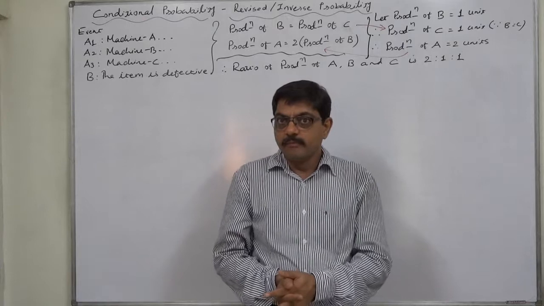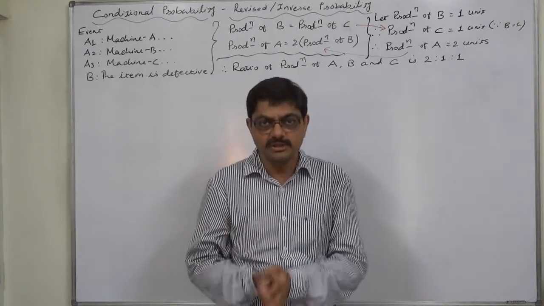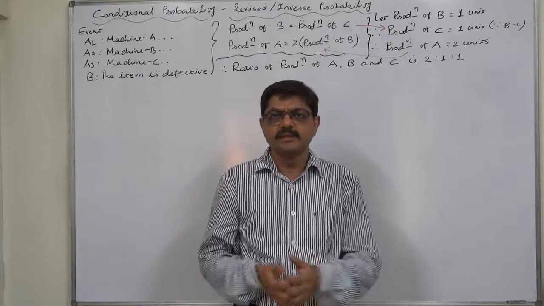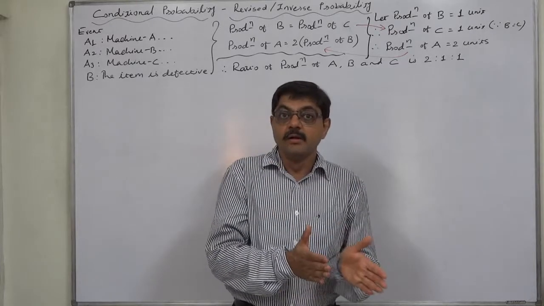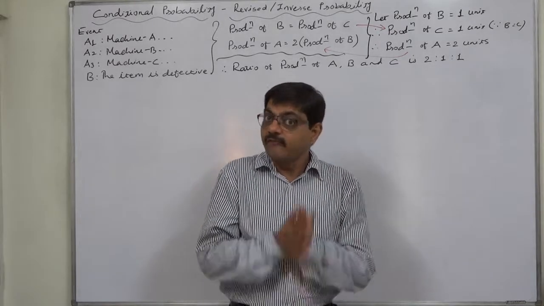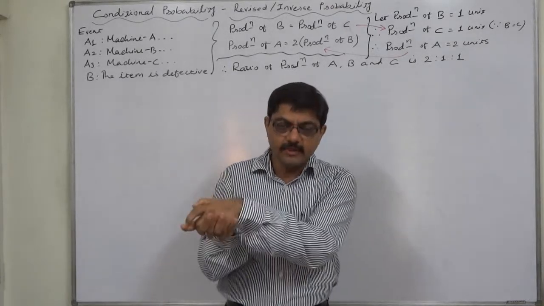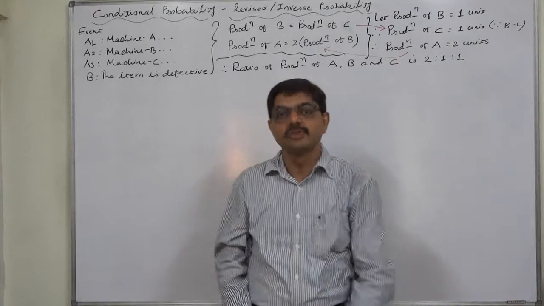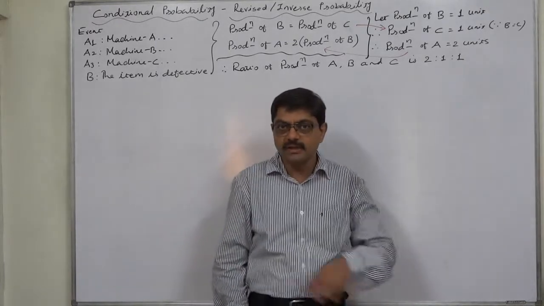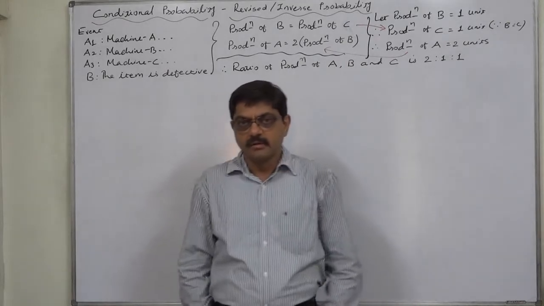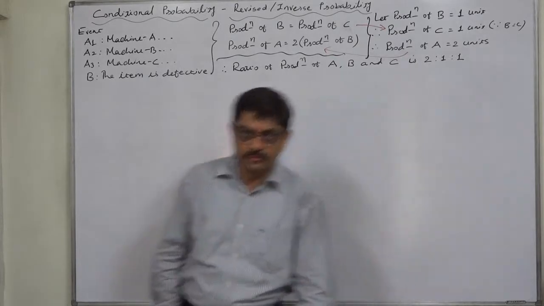Here, manufacturing a defective unit, there are 3 causes: machine A, machine B or machine C. If we know that a particular item is defective, that means the event of an item being defective has happened. Now we want to know, after getting the knowledge, what is the probability of that particular item being manufactured by A or B or C. I know it is somewhat complex or complicated, but I am going to try my level best to simplify the solution of this problem.